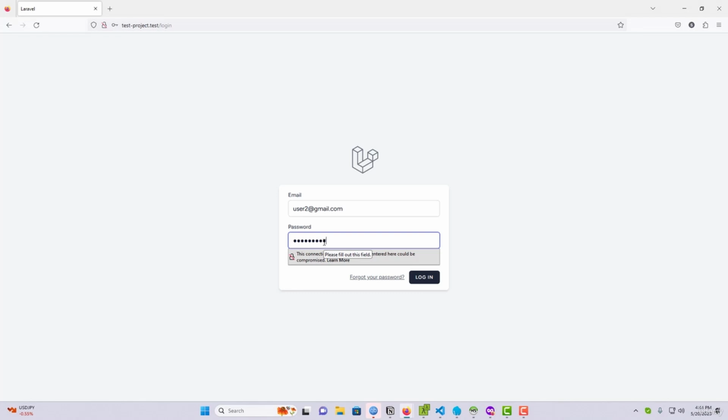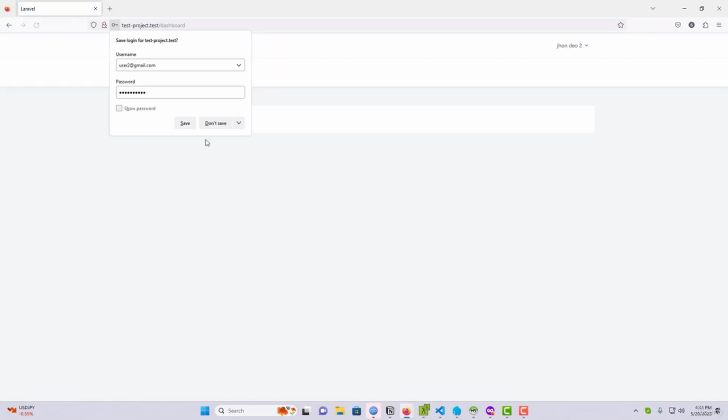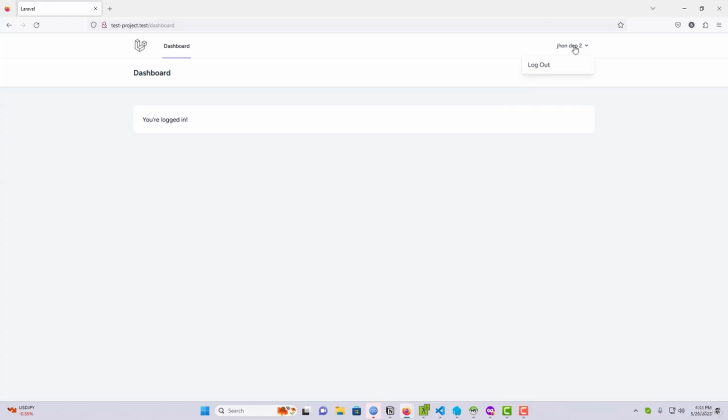Then let's put the password here. Let's click on login. If I go here, okay, so now it is working. Look at here, we are at the John Doe page. You can see the name of the John Doe, and we are currently at our user dashboard. Got it? So that's it. So everything seems fine,